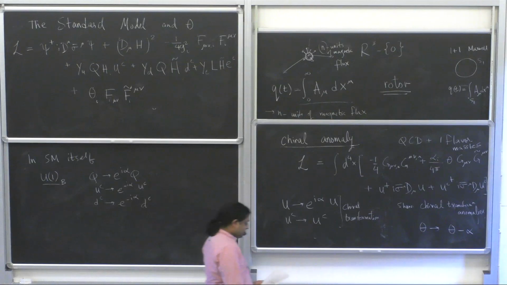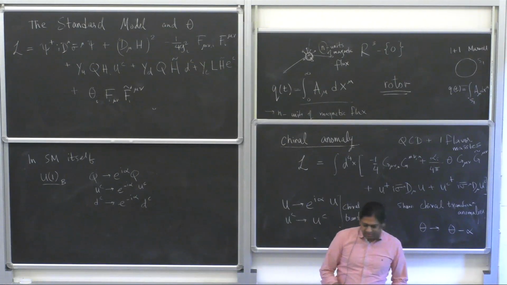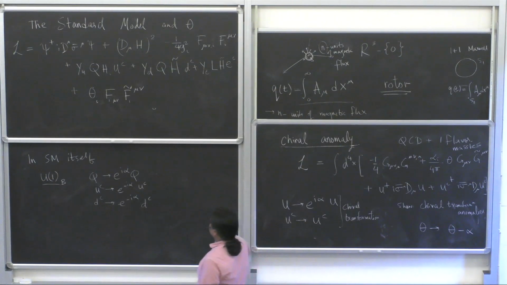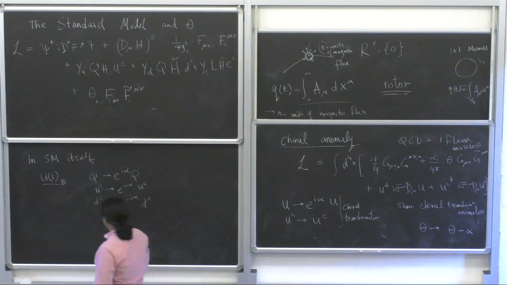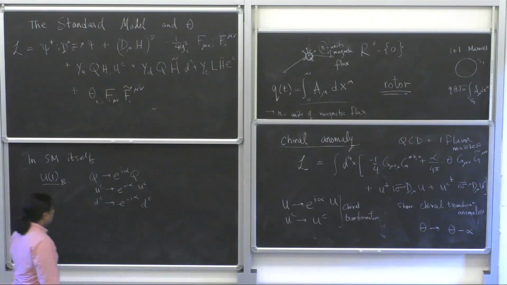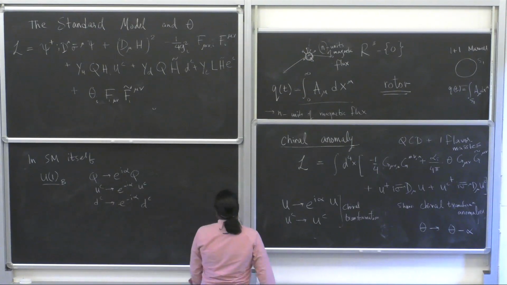You can see that this is indeed a symmetry of the Lagrangian. This leaves the Lagrangian invariant. All the Yukawa terms involve one power of q and one power of u conjugate, and everything else is just something like psi dagger psi. So baryon number is a